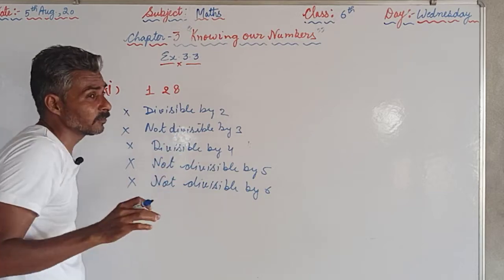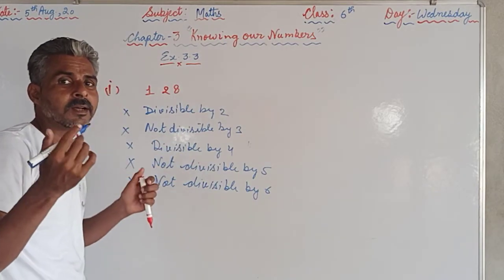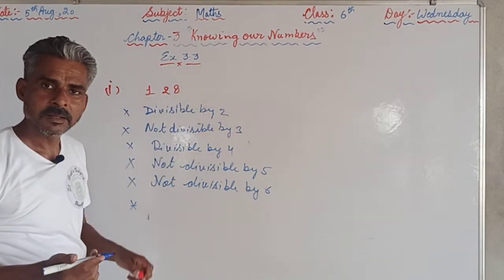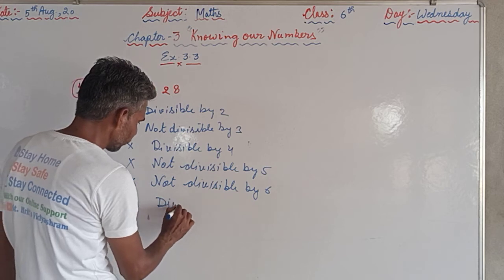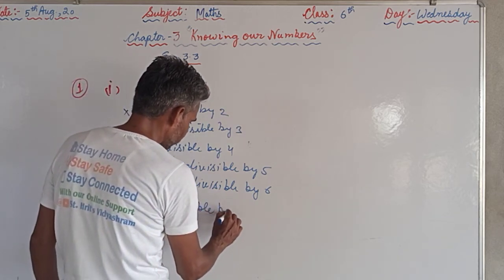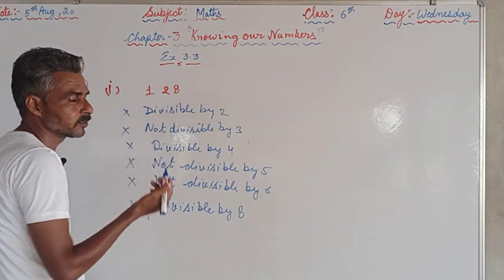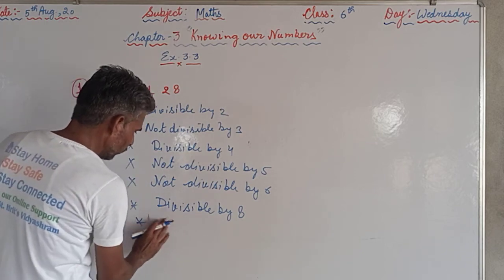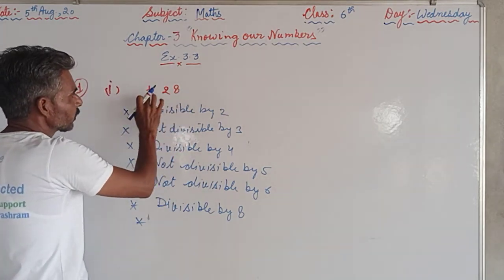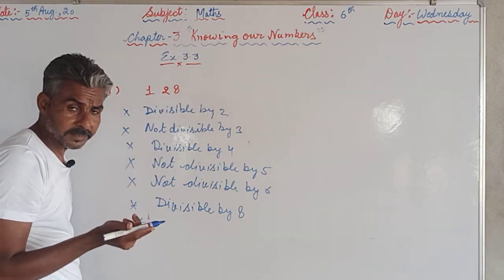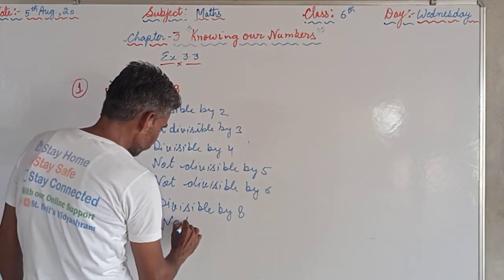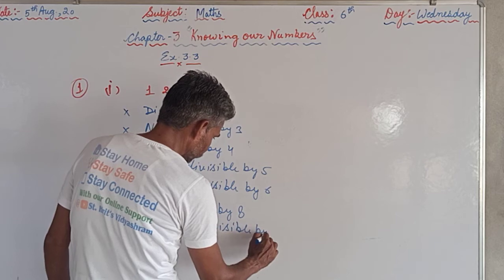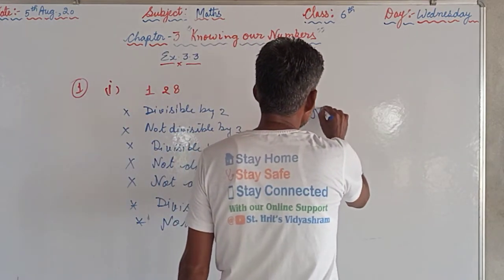So now it is a 3-digit number. For a 3-digit number there is no specific rule for the divisibility test of 8. We have to divide only. So 8 1 ja 8, 4 is remaining, 48, 8 6 ja 48, so it is divisible by 8. Now by 10 it is not divisible, because for 10 the ones place should be 0. Oh, before that we have to check for 9. 8 plus 1 is 9, 9 plus 2 is 11, doesn't come in the table of 9, that's why not divisible by 9. Then not divisible by 10, because the ones place 0 is not there.